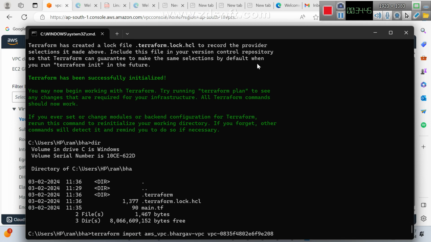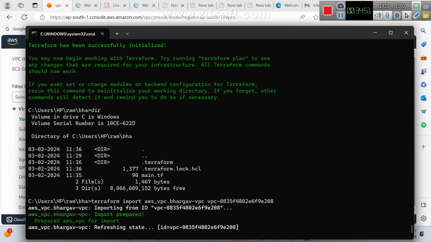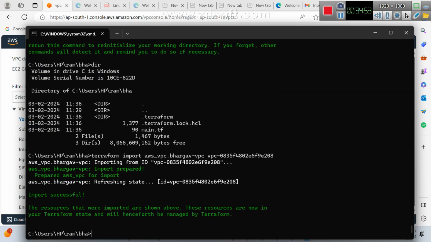If required, we may give it with equal to, or else we may check it. See what happened? aws_vpc.Bhargav_VPC import prepared. Are you agree with me or not? Prepared aws_vpc for import.